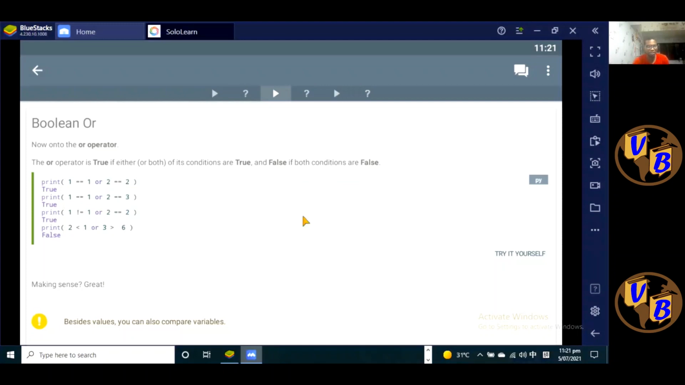In today's lesson, we're going to look at what we call the Boolean OR operator. In our previous lesson, we looked at the Boolean AND operator. So I'm going to use an example to illustrate how this works. Okay, so let's jump into